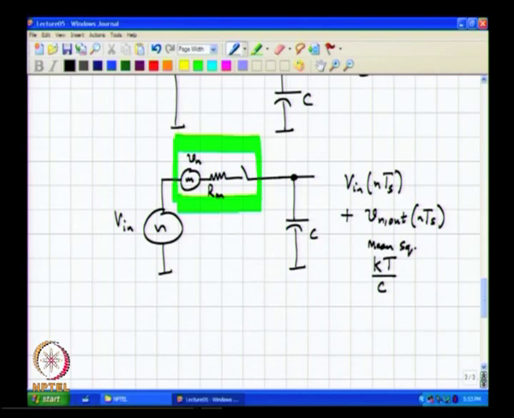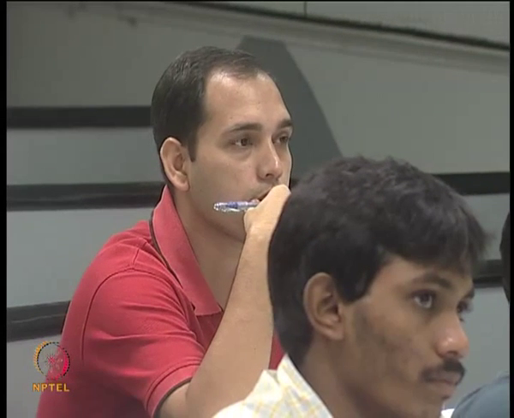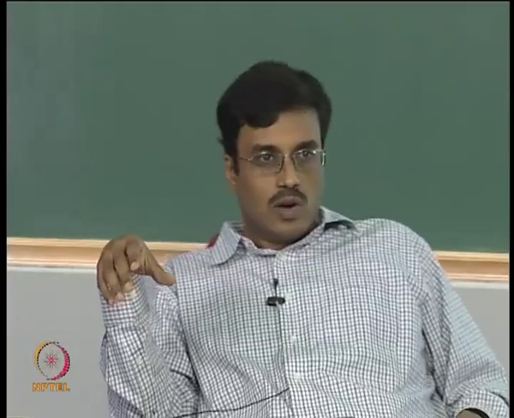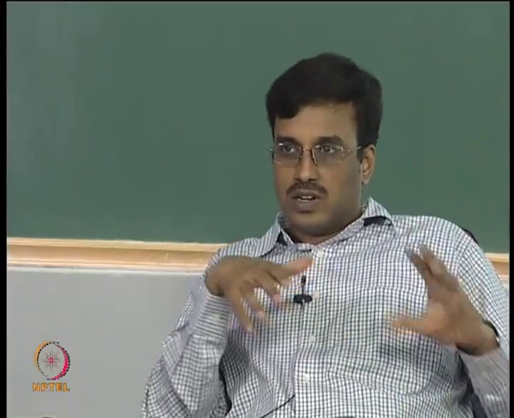This R on cancellation is happening because it is a first order system, R on and C. Yes. Suppose it is becoming second order, then it will not cancel R on. Well, it turns out that it does. What you are saying is, if you had a higher order system, does this cancel out? It turns out that it does. You can prove it, in fact, it is not very difficult to prove, but from what I have discussed today, you should be able to prove that that is indeed the case.